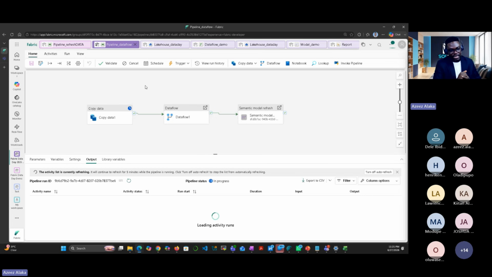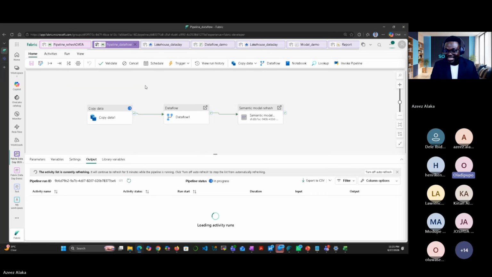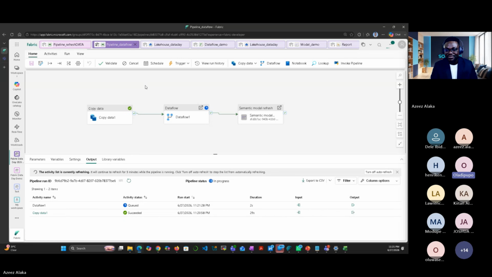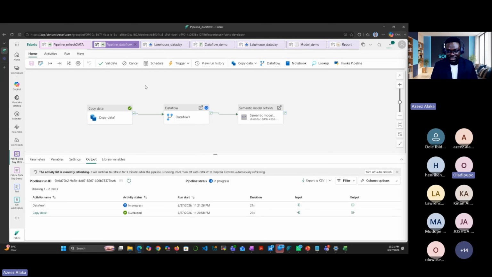Is there any question why this is ongoing? Please feel free to ask your question. Mr. Alaka. Yes. I'm just trying to get an understanding of the whole process, and a question is popping up in my mind. Any data that is loaded on OneLake, everybody in the organization that has access to Microsoft Fabric will have access to that source value. Right? Yes.